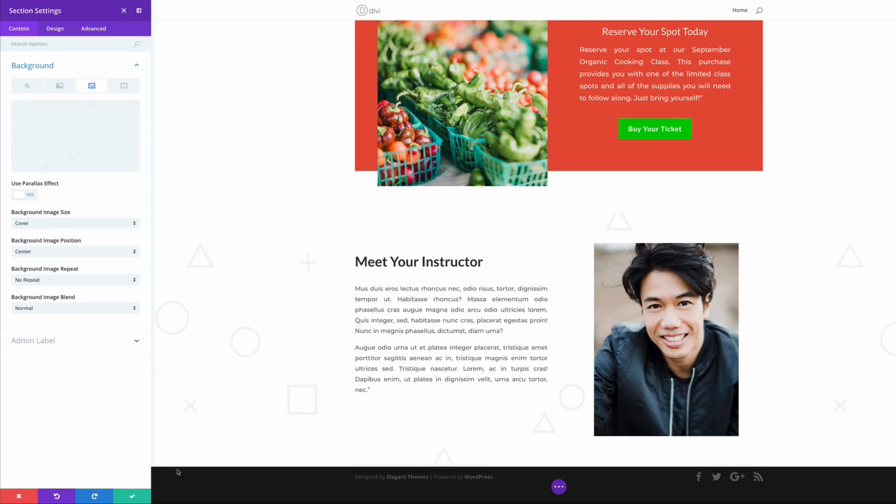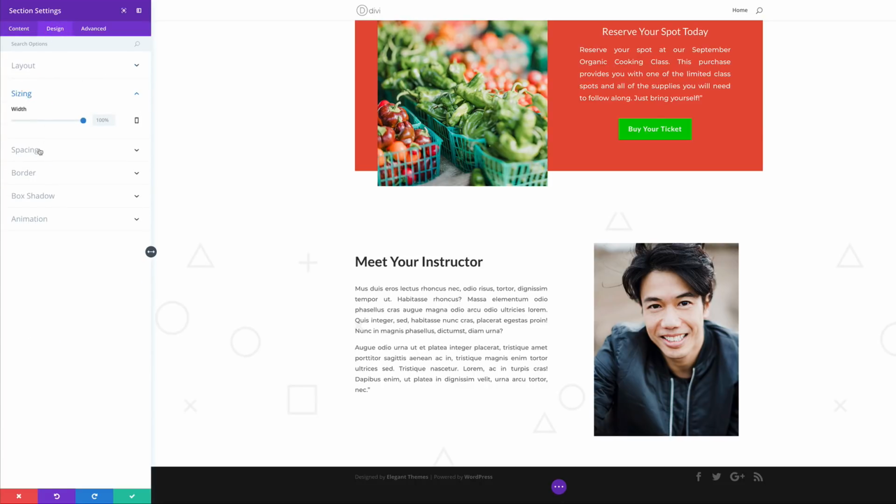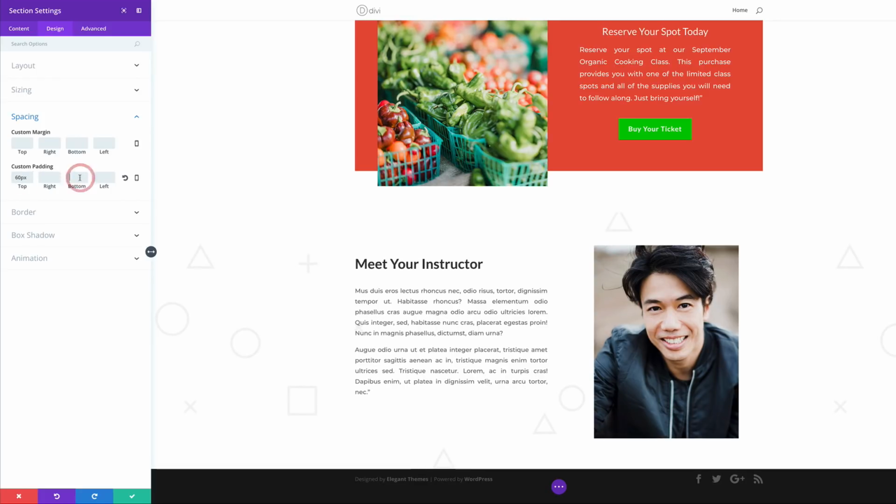So now that I have that in place, I'm going to go ahead and click on the design tab. Click on sizing. Oh, in fact, I need to go to spacing, and I'm going to add some padding. So on the top, I'm going to add 60, and 60 to the bottom. So what we're doing here is just adding some space to the top and bottom to give this a